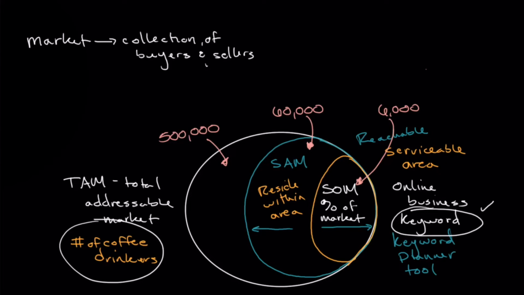Now, that doesn't mean that 6,000 people are, of course, coming into our coffee shop every single day. We would certainly have regulars, but that just means that we believe that we can acquire 10% of the market. Now, that's a very quick and very dirty calculation. I will show you how to do a little bit more thorough calculations, but what's helpful to think through is these 3 individual markets,